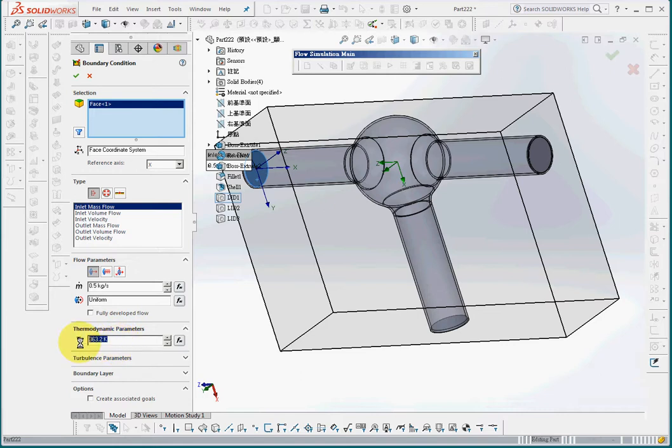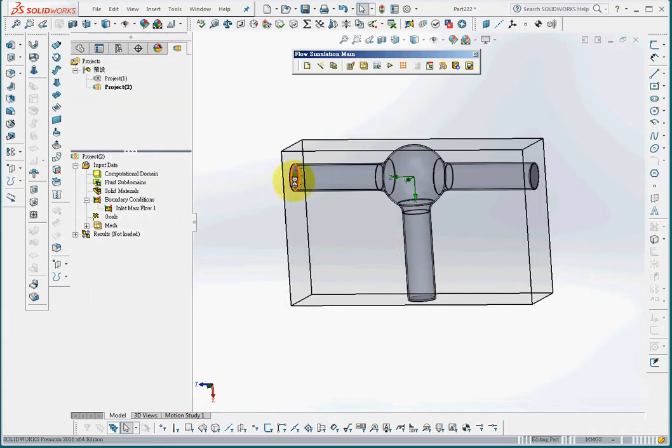So it is the hot water inlet at a mass flow rate of 0.5 kilogram per second. So this is the inlet